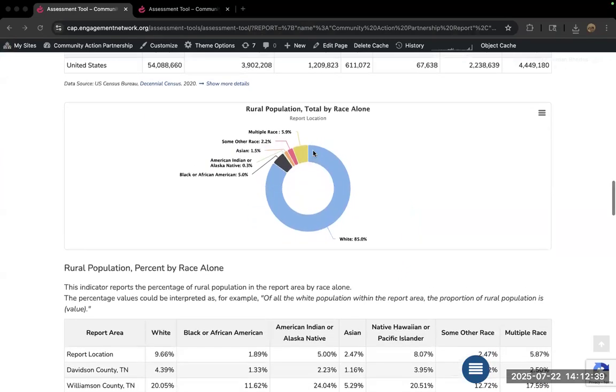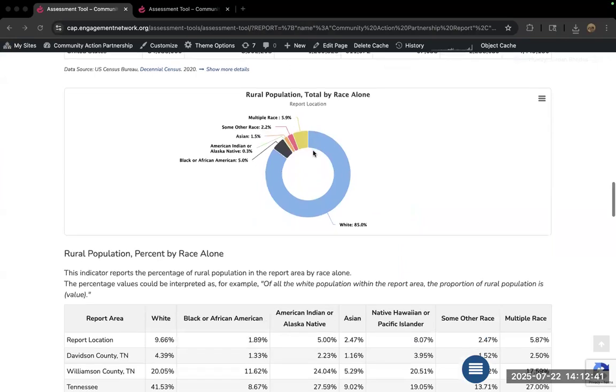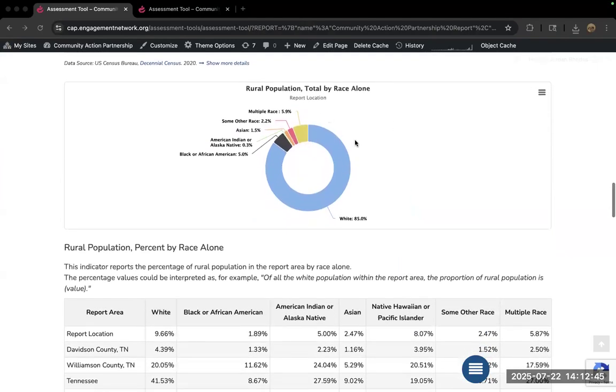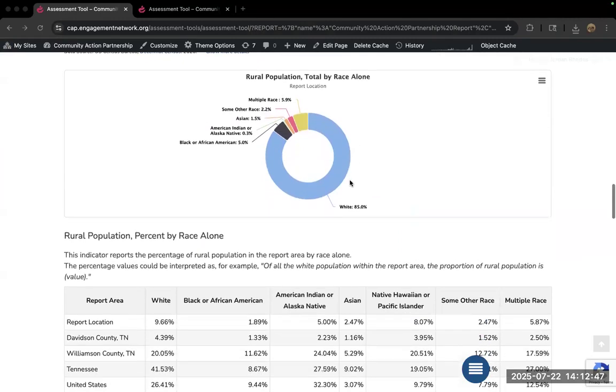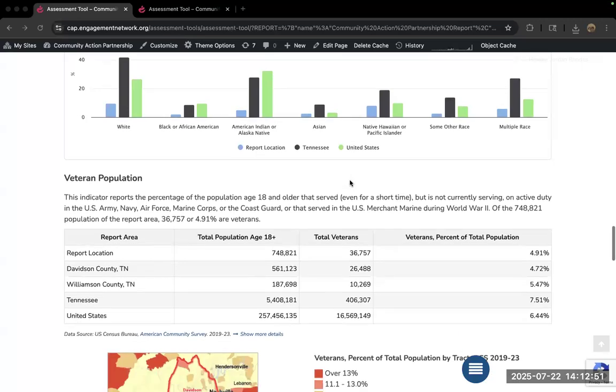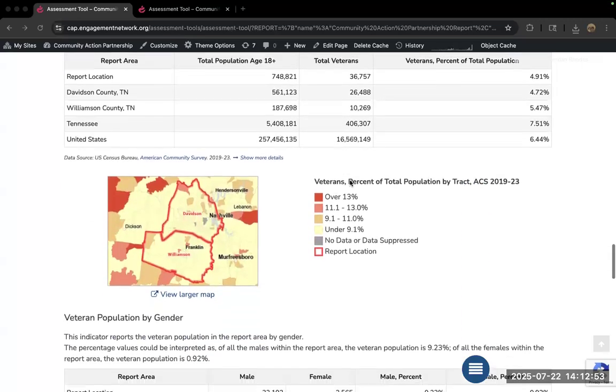And going in and using your Clipper tool in your desktop could be a little funky. And so now you have the means to just export all of these charts and graphs right here. And so let's go down to our veteran population.